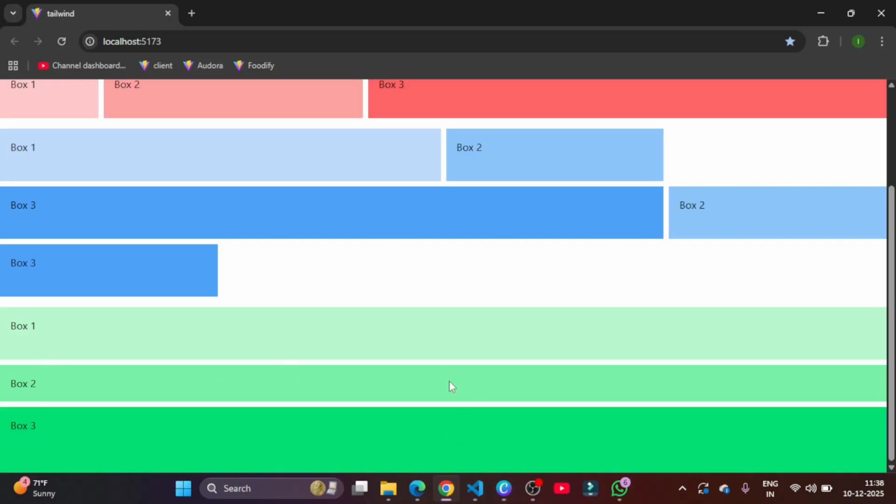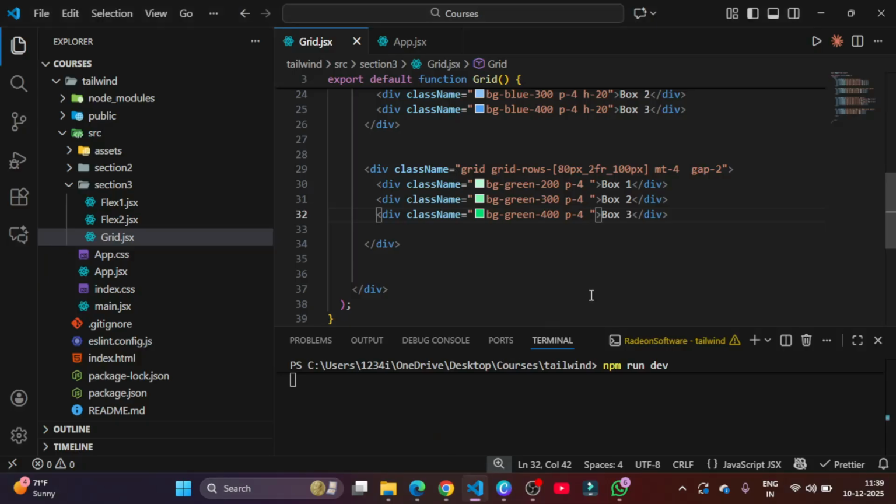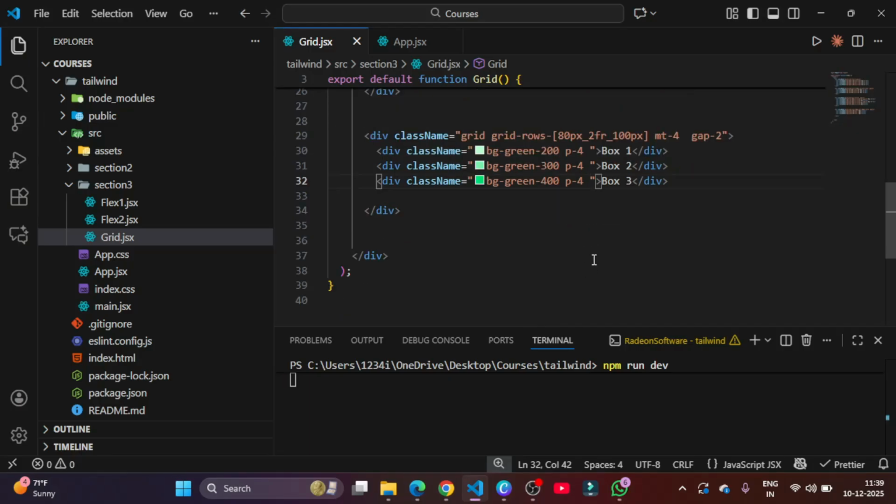Now you can see, right? So this is a 2 fr, this is a 1 fr, and this is a 100 px. Yeah, sorry, 2 fr and